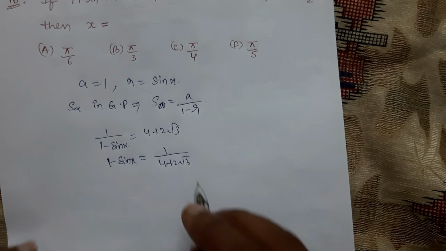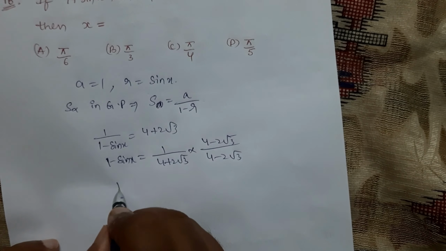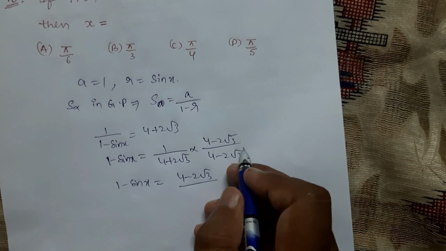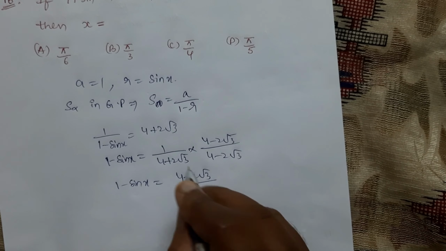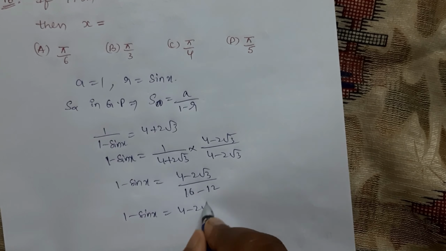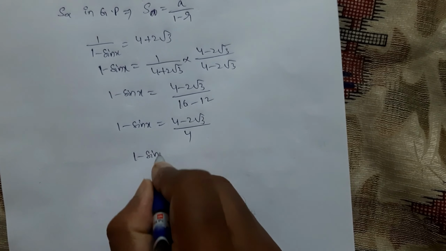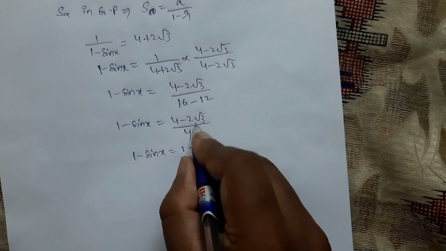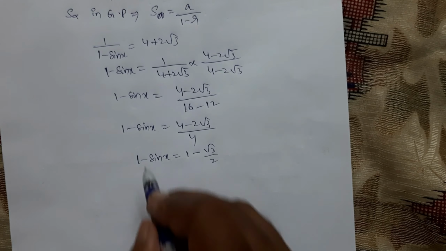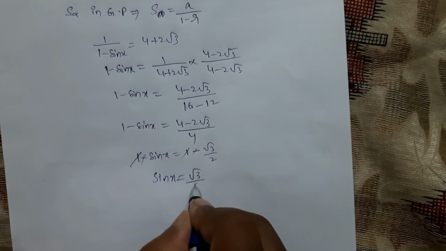See, ಈ ಥರ ರೂಟ್ಸ್ ಡಿನಾಮಿನೇಟರಲ್ಲಿ ಇದ್ದರೆ we need to do rationalize 4 minus 2 root 3 by 4 minus 2 root 3. ಸೊ ಈಗ ನಾವು ಮಲ್ಟಿಪ್ಲೈ ಮಾಡಿದರೆ 1 minus sin x is equal to 4 minus 2 root 3 by a plus b into a minus b, a square minus b square. a square ಅಂದರೆ 4 square 16 minus b square ಅಂದರೆ 4 3 ಇದು 12 ಆಗುತ್ತೆ. ಸೊ 1 minus sin x is equal to 4 minus 2 root 3 by 16 minus 12 4. ಸೊ ಇದನ್ನು ನಾವು ಸಿಂಪ್ಲಿಫೈ ಮಾಡಿದರೆ 1 minus sin x is equal to 4 by 4 1 ಆಗುತ್ತೆ ಮೈನಸ್ 2 root 3 by 4 root 3 by 2 ಆಗುತ್ತೆ. ಓಕೆ, 2 1s are 2 2s. ನಾವು ಬೋತ್ ಸೈಡ್ಸ್ 1 ಕ್ಯಾನ್ಸಲ್ ಆಗುತ್ತೆ, ಆಮೇಲೆ ಮೈನಸ್ ಮೈನಸ್ ಕ್ಯಾನ್ಸಲ್ ಆಗುತ್ತೆ. sin x is equal to root 3 by 2 ಬಂದಿದೆ.